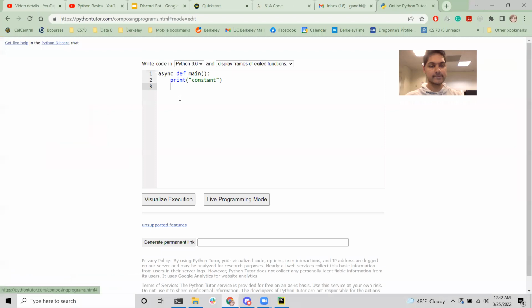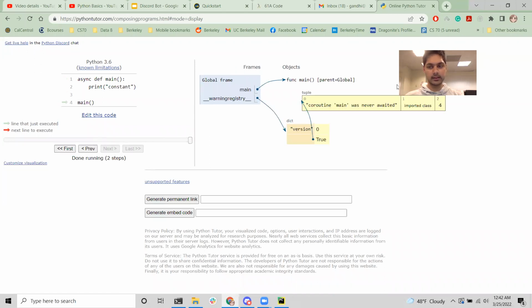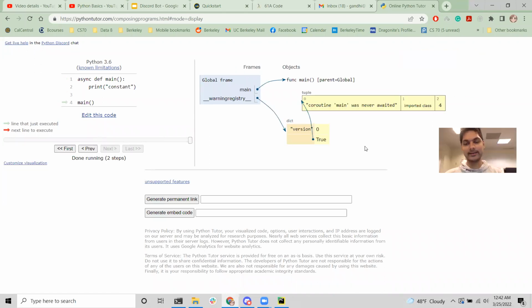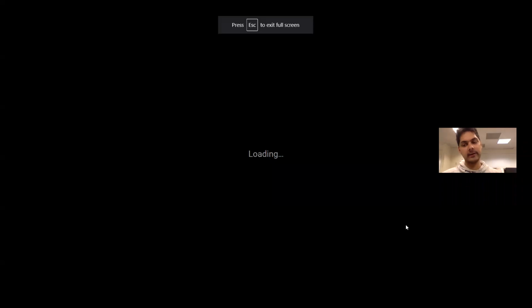Oh, it does. I did not know that PyTutor supports asynchronous programming, but I guess it does. So we get a coroutine object, but it wasn't awaited. What does that mean? Let's find out.